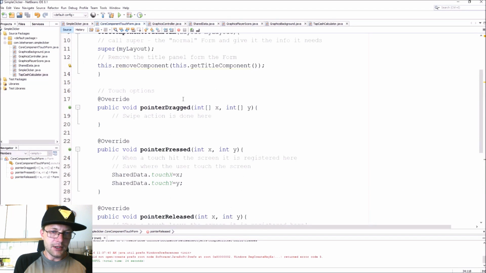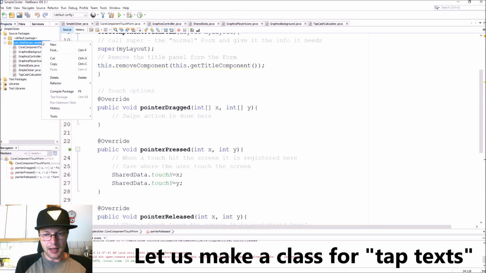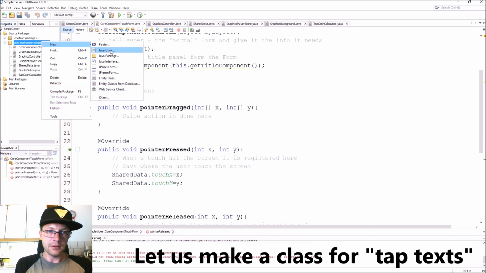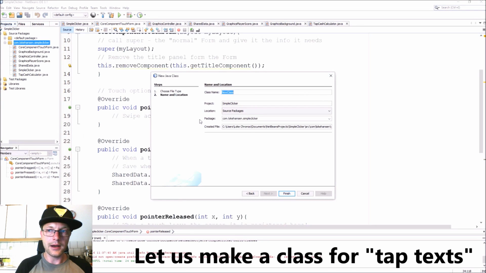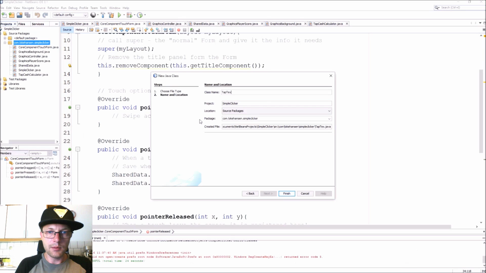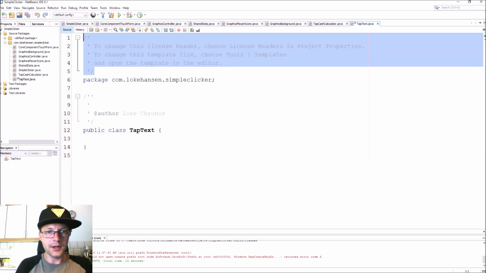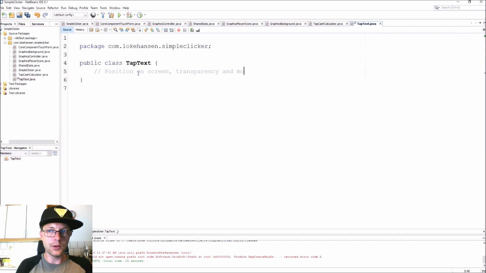We don't actually need to have this tab cache calculator thing in here. Probably gonna move it. For now, this is where it is. We're gonna be making a new class because we want a tab text. If you're wondering what a tab text is, guys, then it is